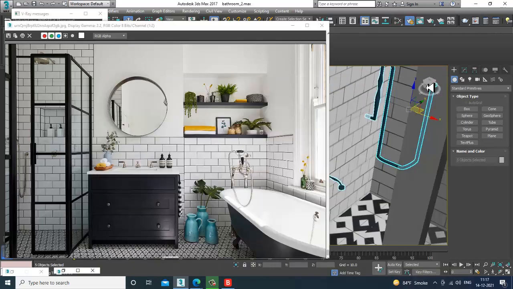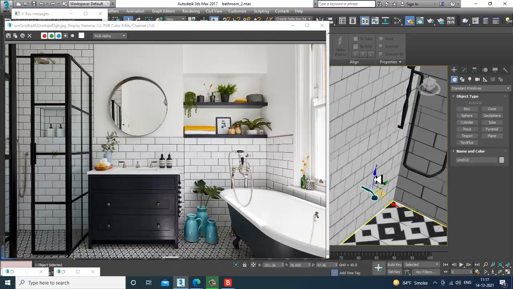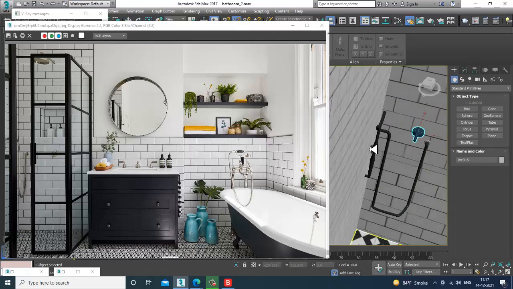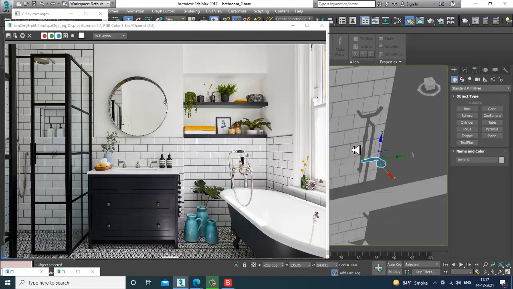So just assign a chrome material. Select this part and I'll slightly scale this, rotate it by 90 degrees, and put this till here.